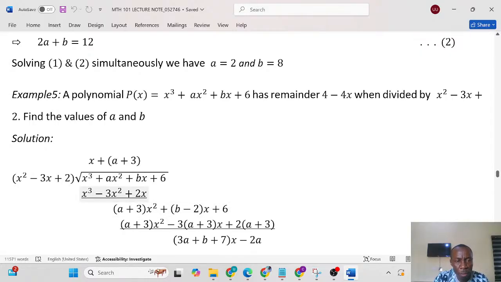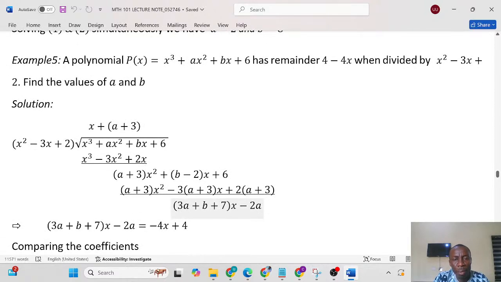Now, if you pick the first one here, a plus 3 x squared, and divide it by x squared, you are going to have a plus 3. Now multiply this a plus 3 by this, it will give us a plus 3 x squared, minus a plus 3 times 3x, plus a plus 3 times 2. So if you subtract, you are going to have 3a plus b plus 7x minus 2a. That will lead us to 3a plus b plus 7x minus 2a equals the remainder, which is